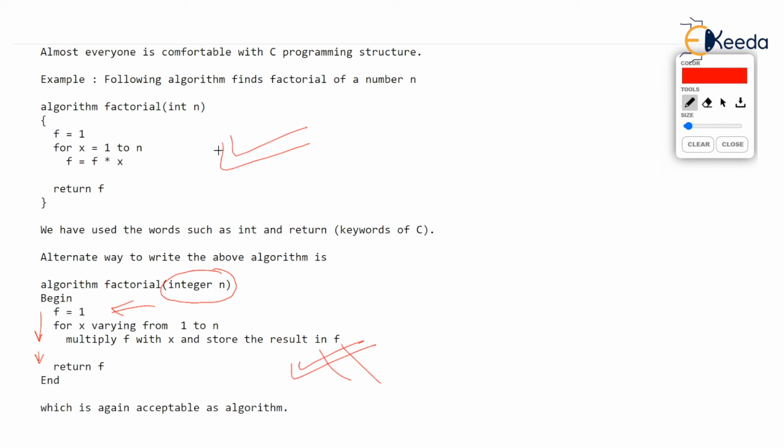Now, in the next video, I will tell you, once the algorithm is designed by someone, how do you analyze the algorithm? What do you mean by analysis? I think in the first video, I told you about what you mean by time complexity and space complexity. We will see that further in the next video.